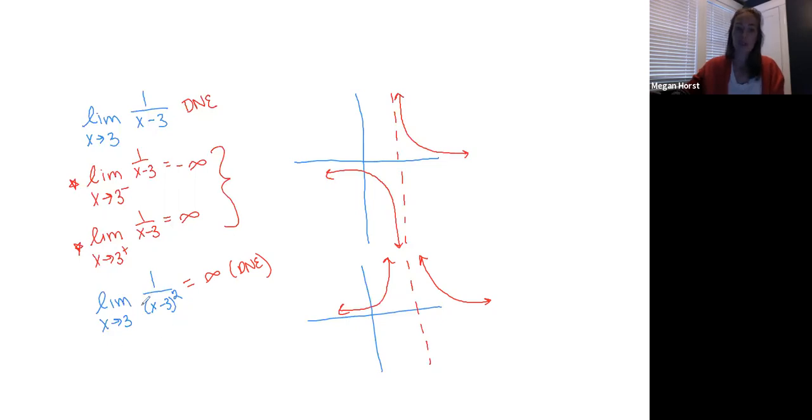But since they're both going in the same direction, we would say that that's approaching positive infinity. The reason for that is because if I put in 2.99999999999, I'm getting an insanely small number, right? And then I'm squaring that insanely small number, which is making it even smaller, and it's also making it positive. If I put in 3.00000000001, I again have an insanely small number. I'm squaring it, so I'm doing 1 divided by this really, really small number, which makes my whole fraction really